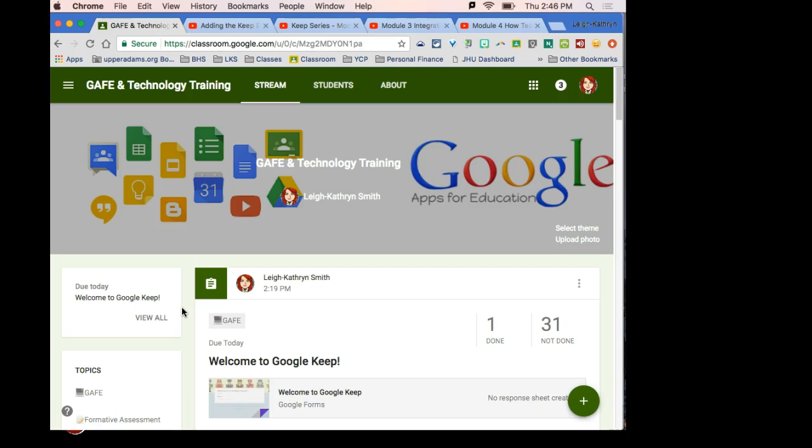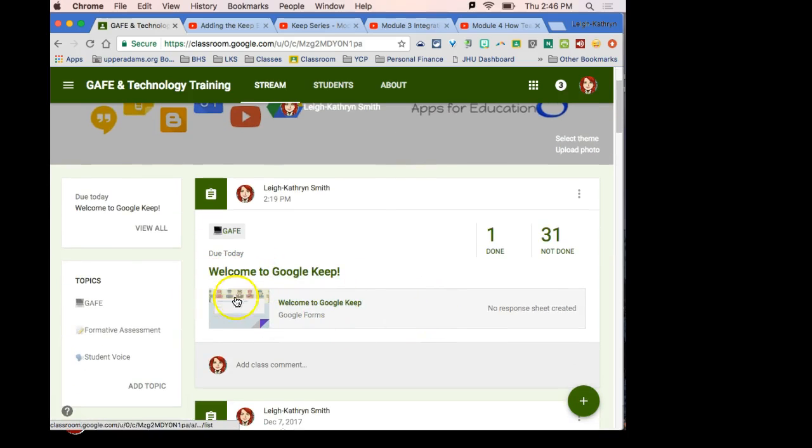If you would get into the Google Classroom and just sign in, it's just adding your name. So if you just open up the Welcome to Google Keep, just to sign in, that is looking to track who's going to do this.